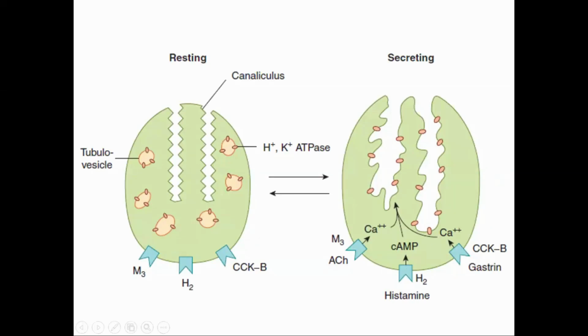So the antihistaminic drugs, ranitidine and cimetidine, act on the H2 receptor. When they act on the H2 receptors, they inhibit the formation of cyclic AMP, and these tubular vesicles will not be fused. Histamine acts on the H2 receptor, and when it does, the cyclic AMP level is increased. When the cyclic AMP level is increased, it will cause fusion